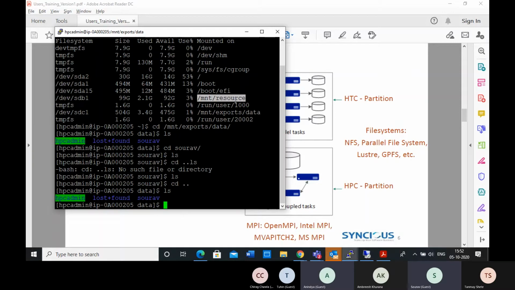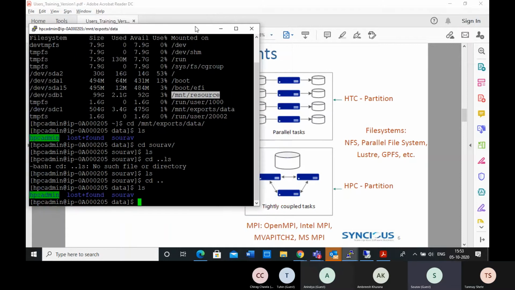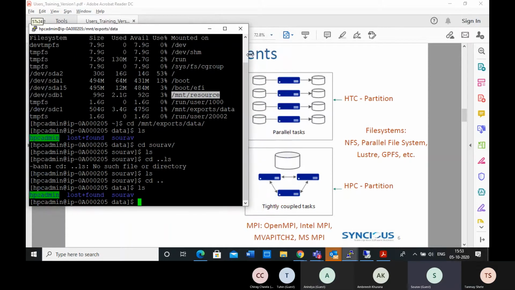My question is, let's say the job finishes at the virtual machine, but due to the latency I have not yet copied it to the export data. Then what will happen for the last job? No, your job itself.